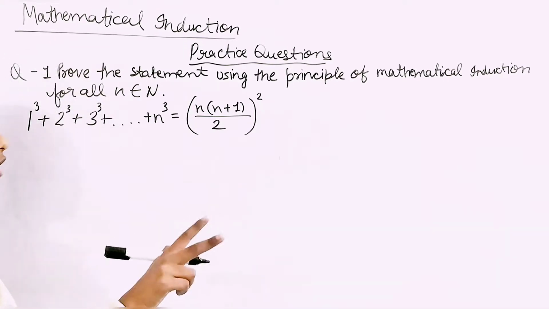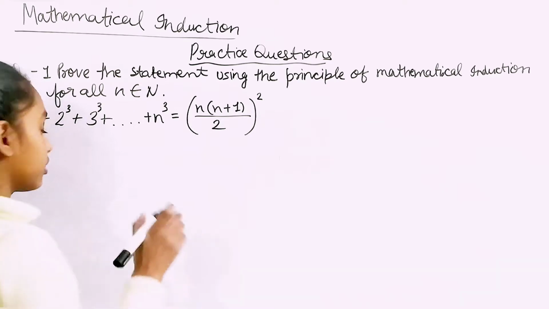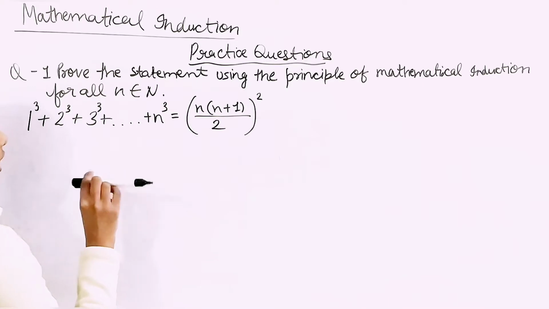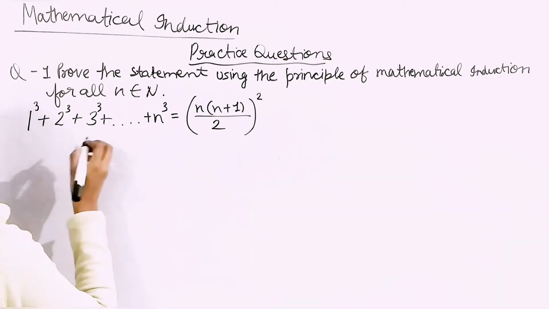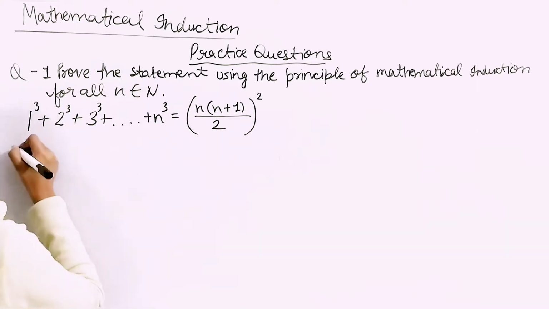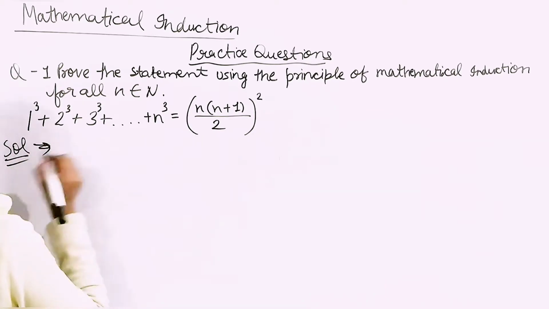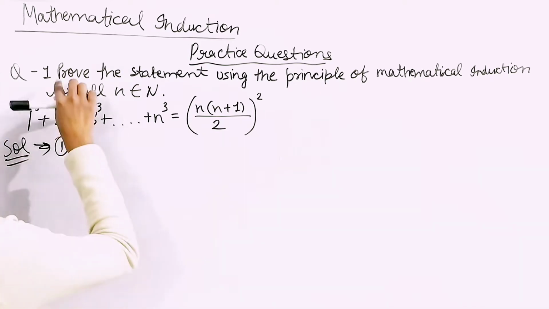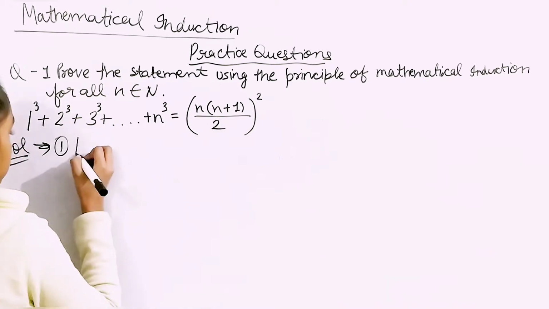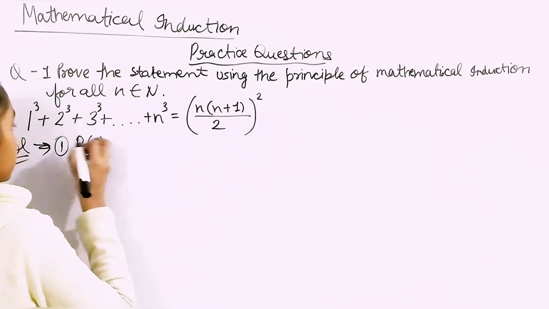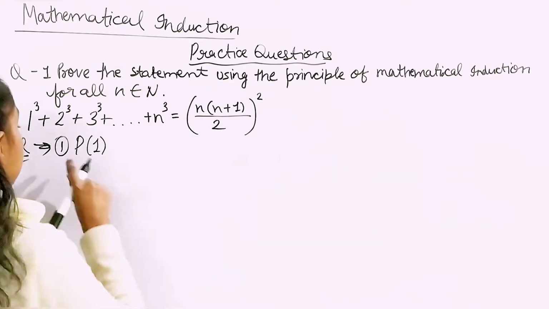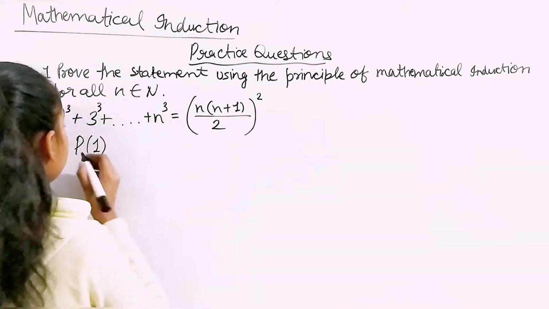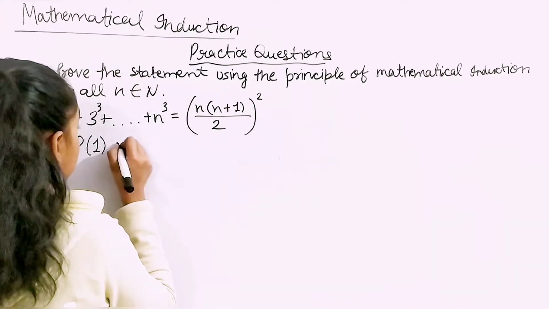The first step, as we all know in mathematical induction, is the base step, in which we prove that the statement is true for the initial value. So we're going to take a small base value. Solution: first step is our base step. We have to prove P of 1, as 1 is the smallest value here. P is for the proving. So P1 is equal to